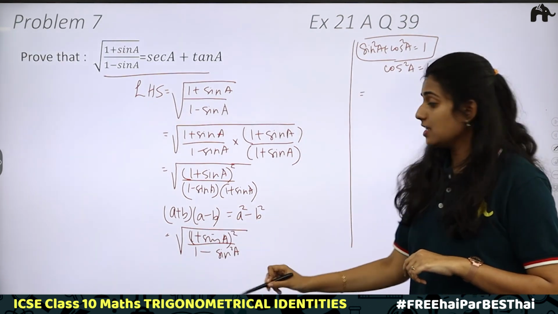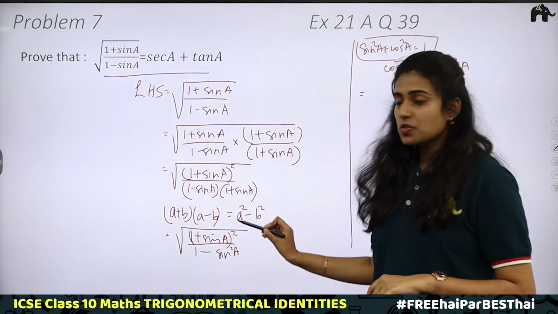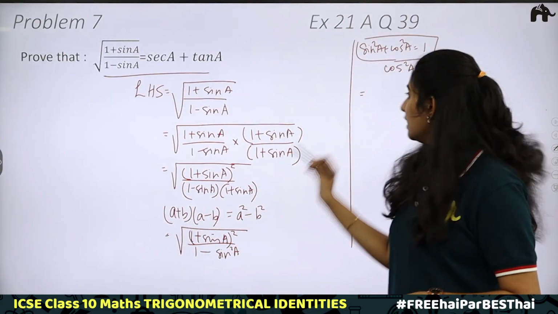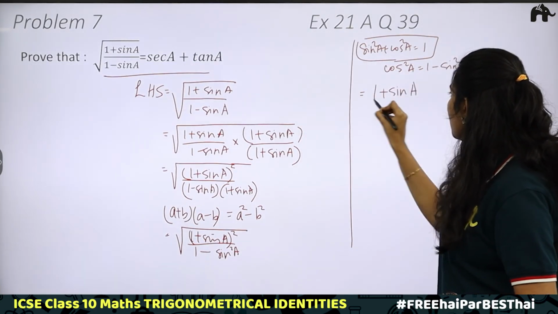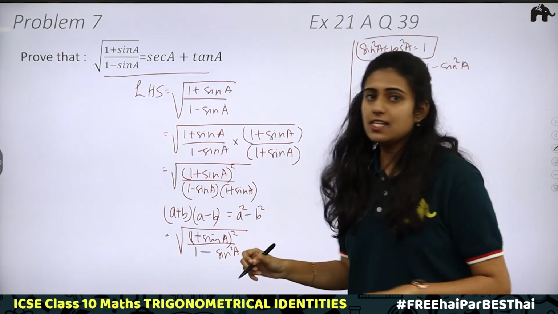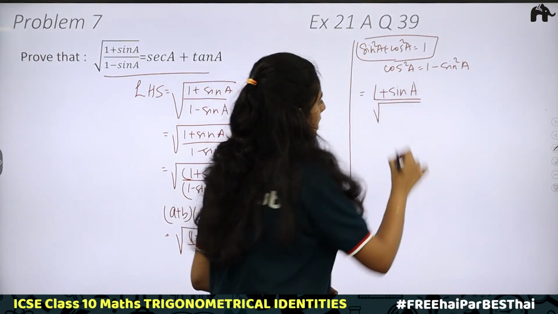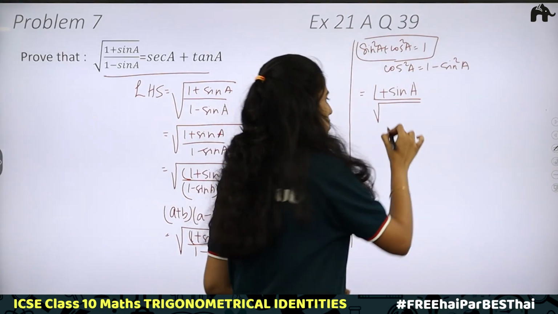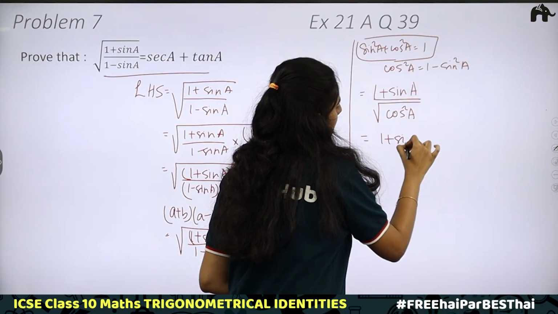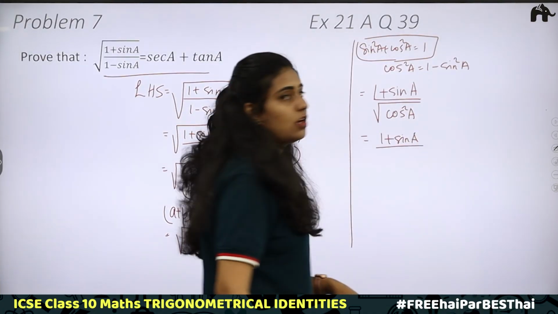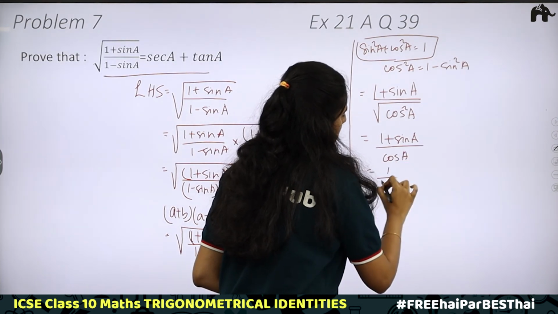Now check the numerator. In the numerator we have 1 plus sin A whole square and we have a root, so root and square can be removed. Then the numerator is 1 plus sin A. And the denominator is root of 1 minus sin square A, which is cos square A. That is 1 plus sin A divided by root of cos square A, which is cos A, equal to 1 by cos A